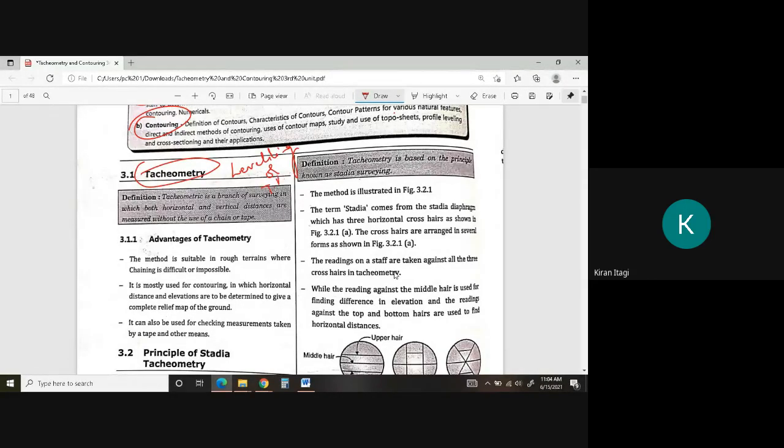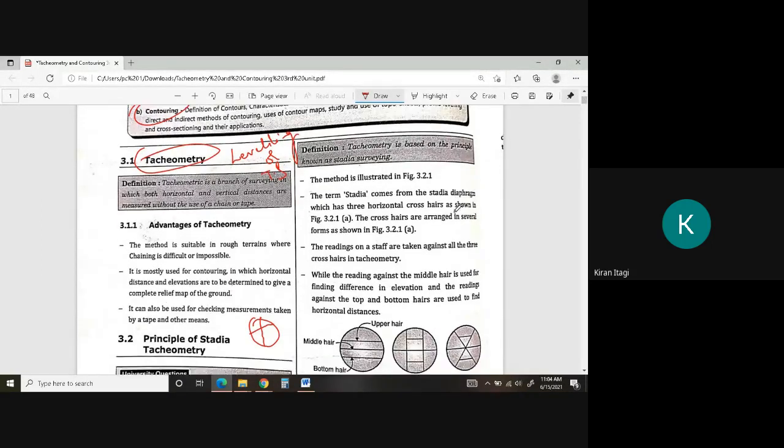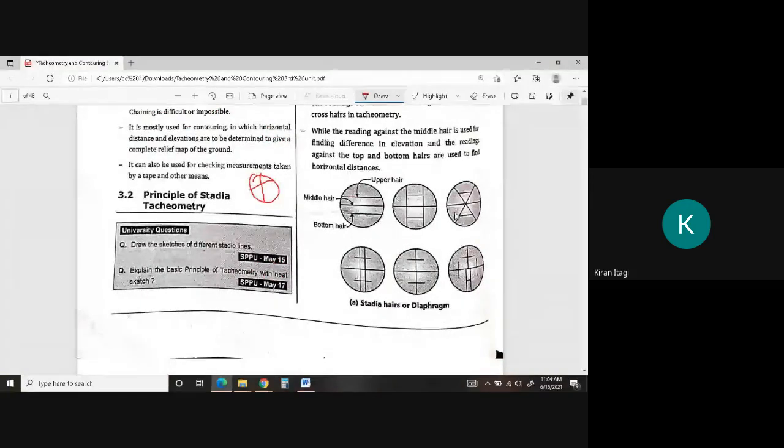or theodolite surveying. Here the only difference is that when you see instruments like the dumpy level, auto level, and theodolite, you will have this crosshair. But in tachymetry we will have different stadia hairs. This is the upper stadia, this is the middle stadia, and this is the bottom. Right, left, middle, top, bottom. So we'll have these different types of stadia hairs.